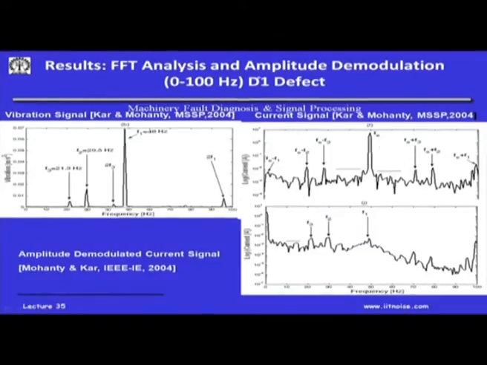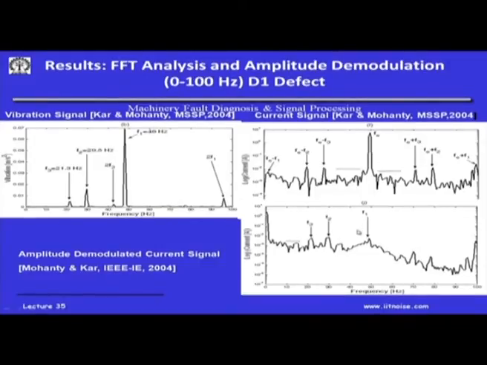Now, as you see with defect D1, same frequencies, you will see the severity of vibration increases, the severity of the amplitudes in F1, F2, F3 are also increasing. Okay. So, imagine, in a current, these are all current, in a current you are able to get the mechanical frequencies of the system which is being driven by the motor. You can see the power of such a unit.